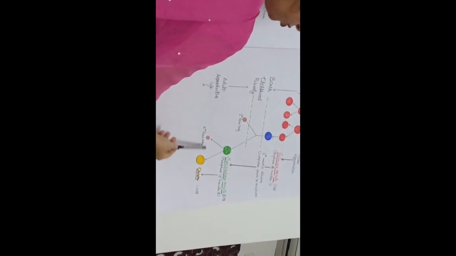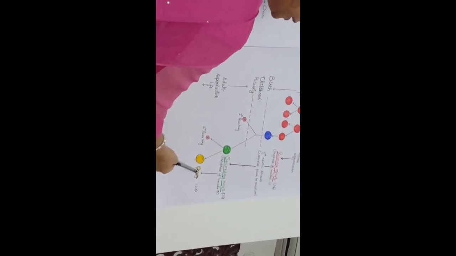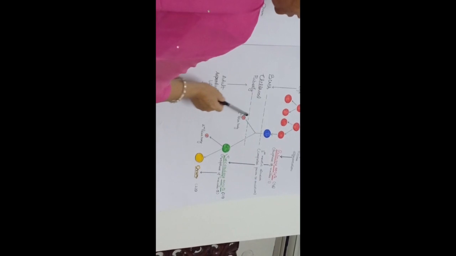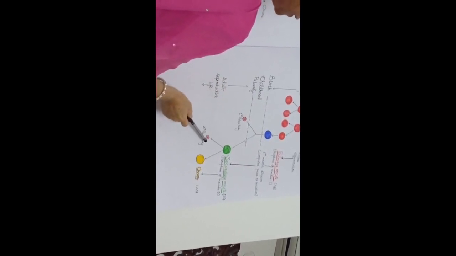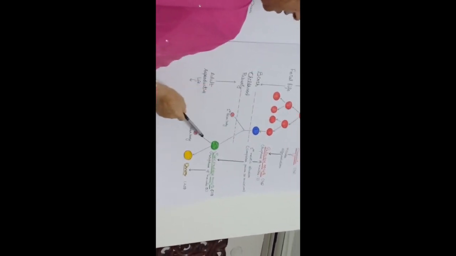Now when the second meiotic division of the secondary oocyte is completed, it divides into two cells. One is the second polar body and the other is known as the ovum. Now these two structures, the first polar body and the second polar body, are just haploid nuclei, and their function is to get rid of half the chromosome number.